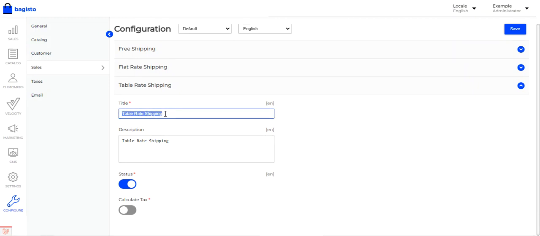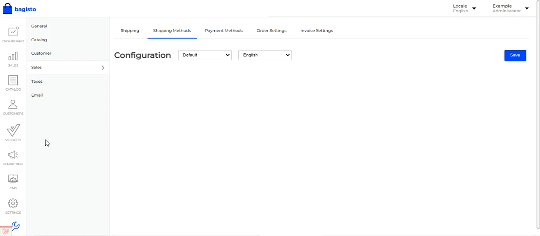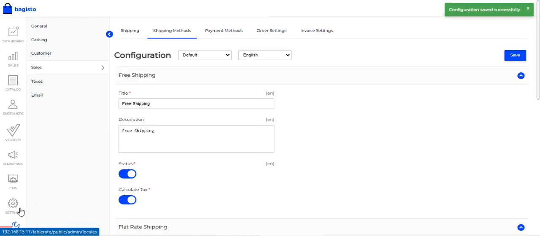The same title was visible to the customer at checkout time, that was table rate shipping, and the description was there, that was the table rate shipping. The status has been enabled. If you want to calculate the tax on the shipping, then you can enable this option as well. So after making this particular section's settings, you have to tap here on the save button to save the initial configuration settings. Now after that, what you need to do is to set up the table rate shipping and